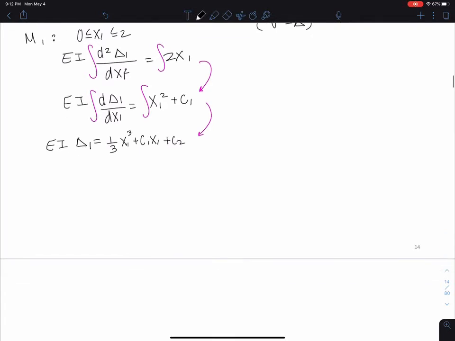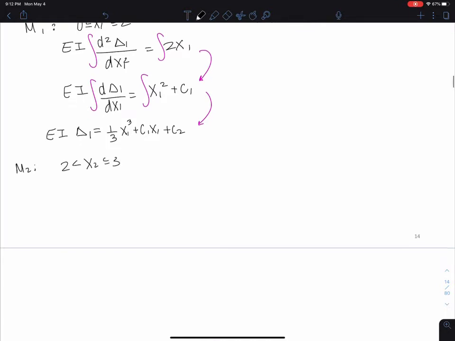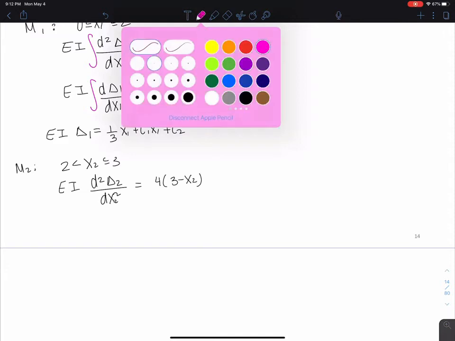And I have now an equation in terms of delta 1. And I can do the same thing for my moment 2, which is defined between 2, x2, and 3. And I have EI d squared delta 2 over d x2 squared is equal to my moment function. I can take the integral